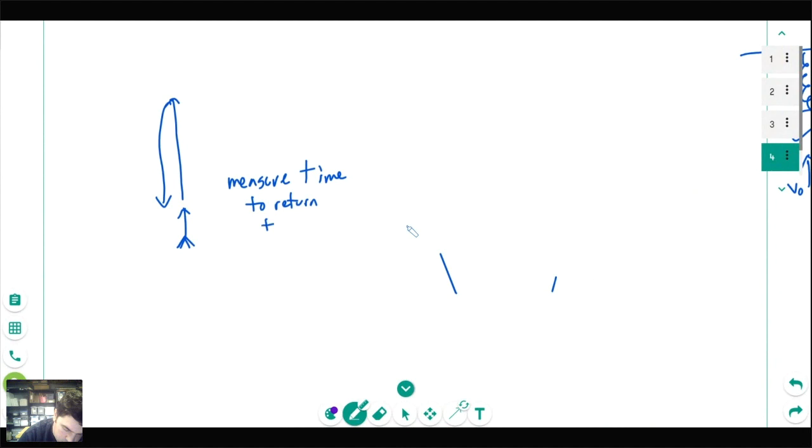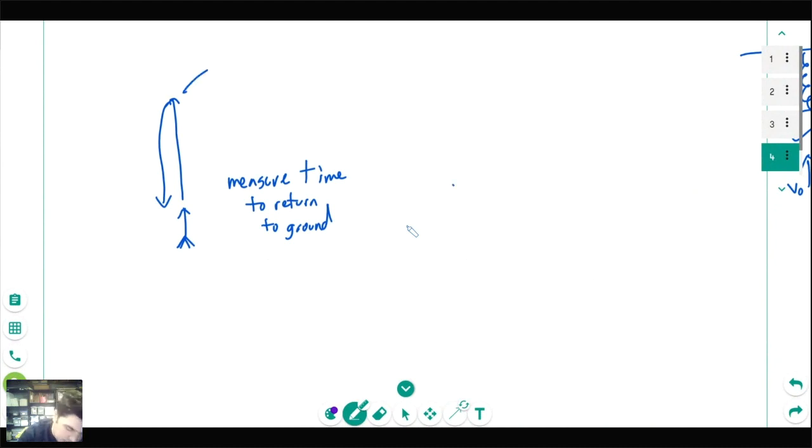So another option. We shoot the dart straight up in the air. We measure the time to go up and to fall back down. And when I say ground here, I mean the firing height it was fired at before. So maybe hold it parallel with the tabletop, and then when it hits the table again, it is the same height or something like that, and that could work.